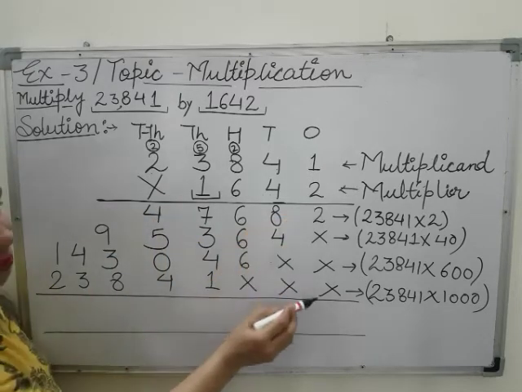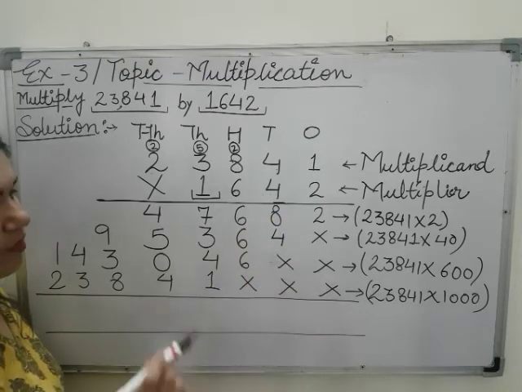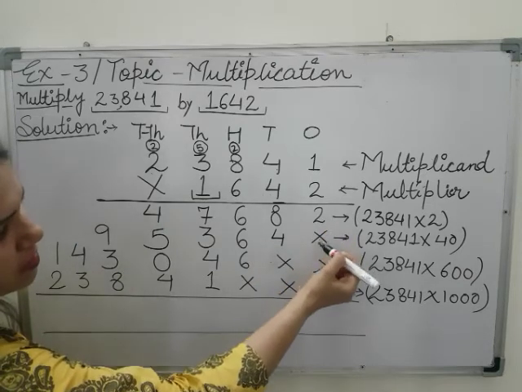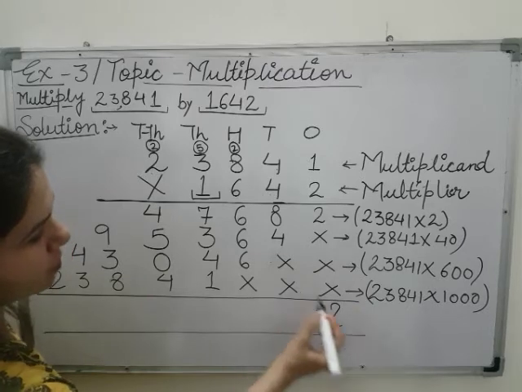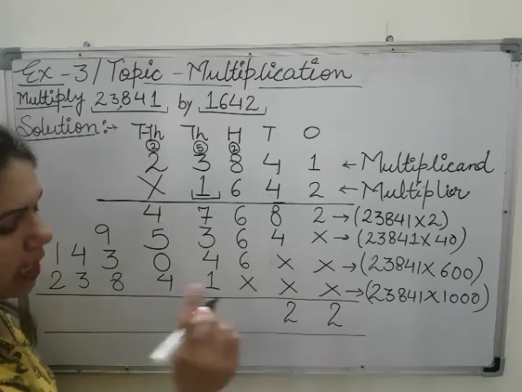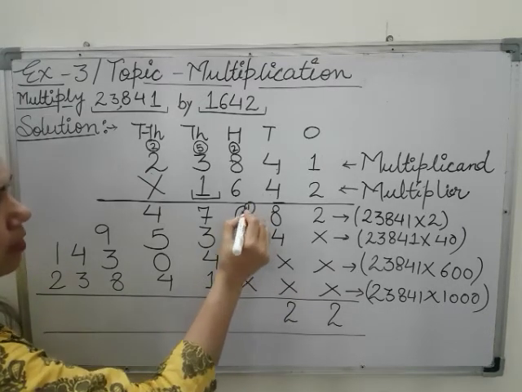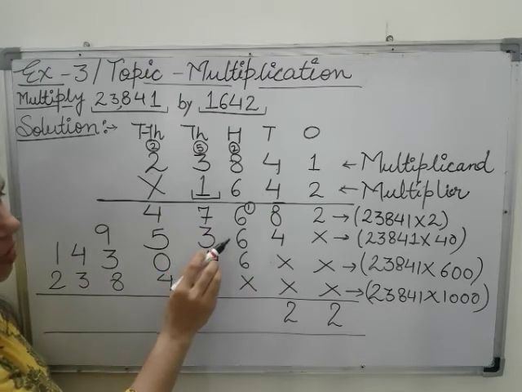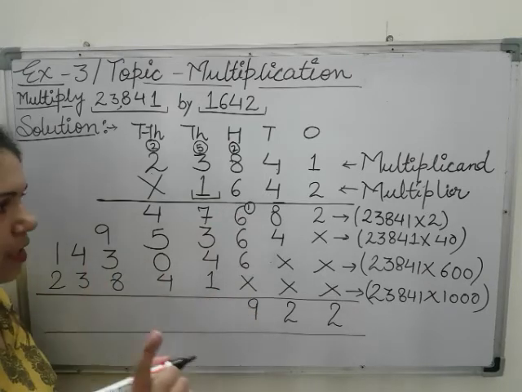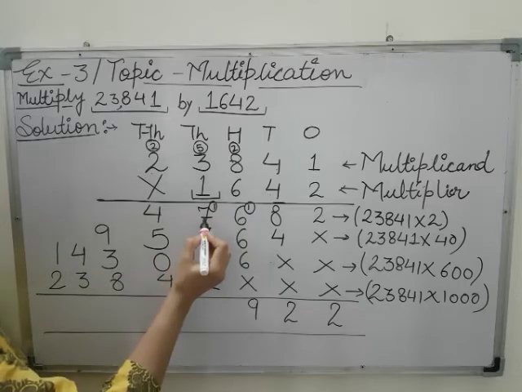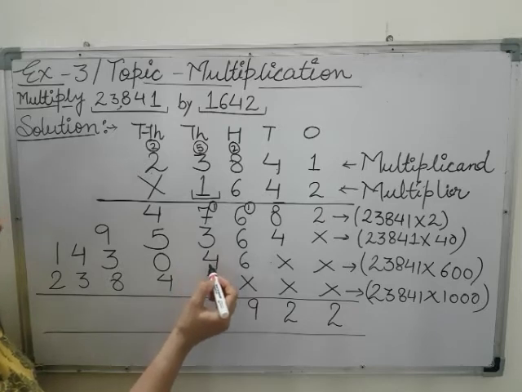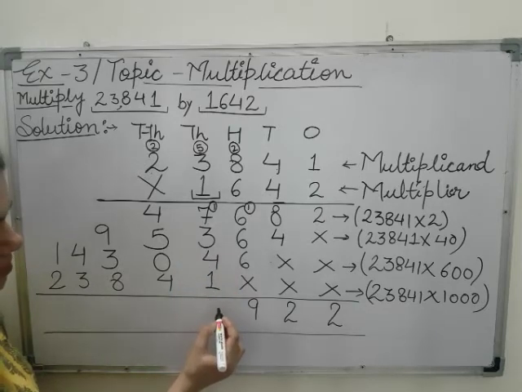So we are adding from this place, and these crosses have the value of 0. We can imagine 0 at the place of each cross. So 2 plus 0 plus 0 plus 0, it's 2. 8 plus 4, it's 12. 12 plus 0 plus 0, it's 12. And 1 carry, which is over here. Now 6 plus 6, 12. 12 plus 6, 18. 18 plus 1, 19. 9 over here and carry 1, which is here. 7 plus 1, 8. 8 plus 3, 11. 11 plus 4, 15. And 15 plus 1, 16.